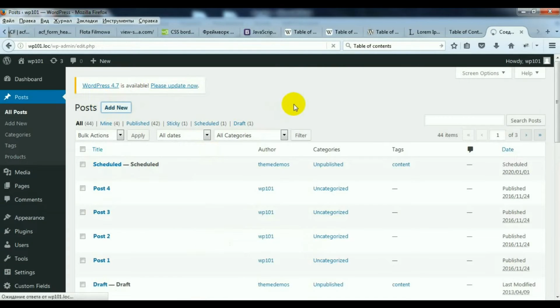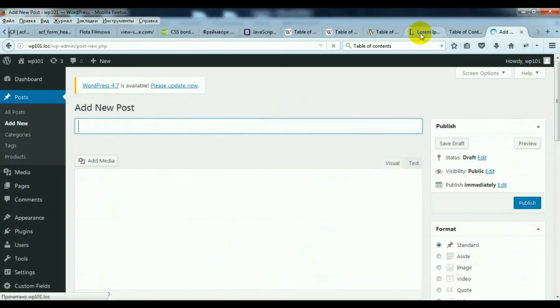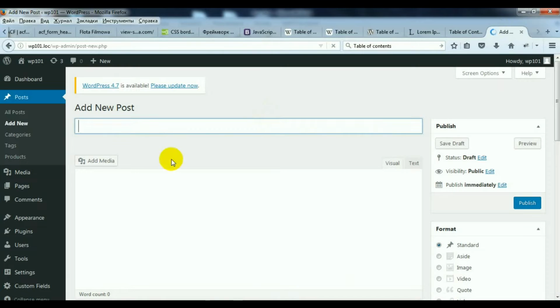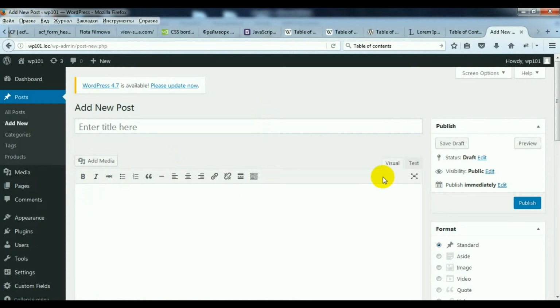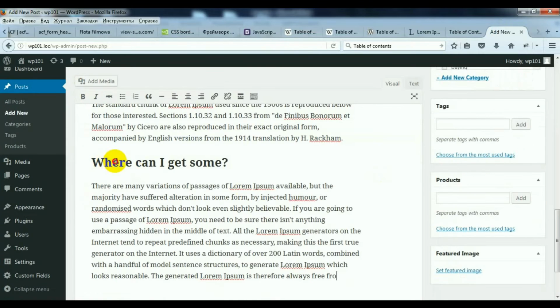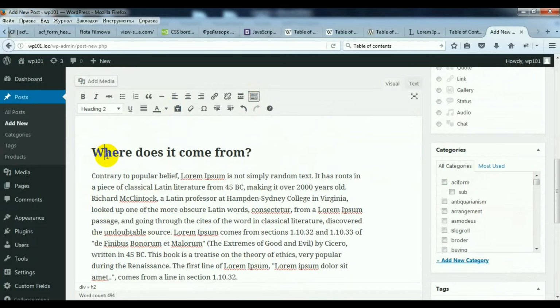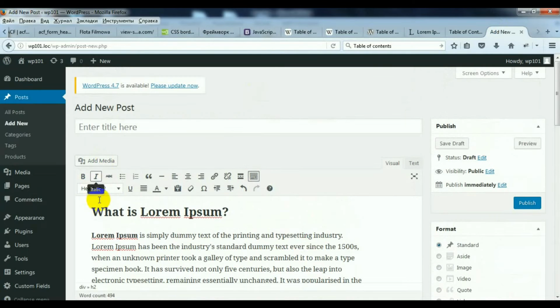So we should create a new post, add some fake content, and you can add subheadings.